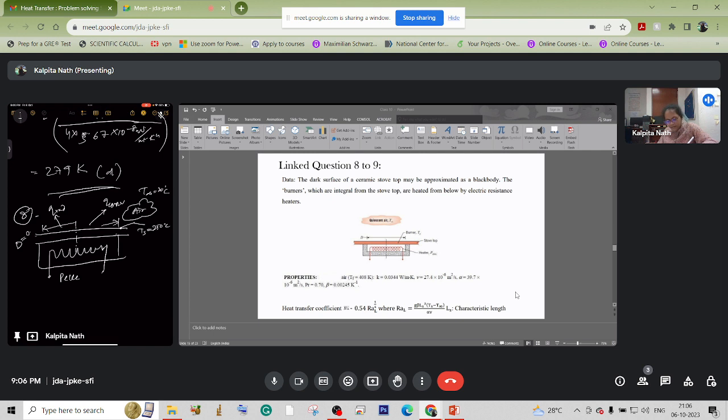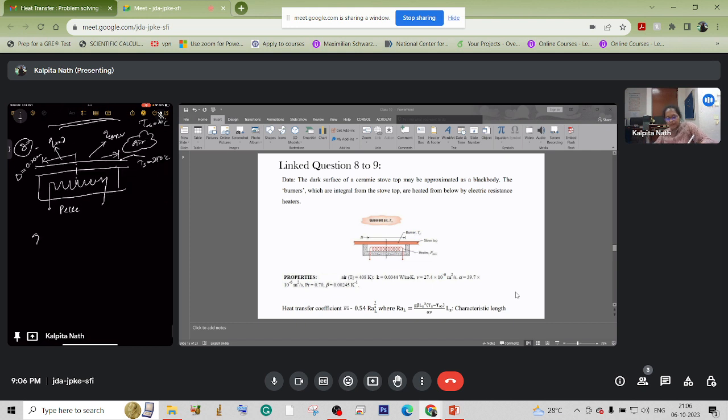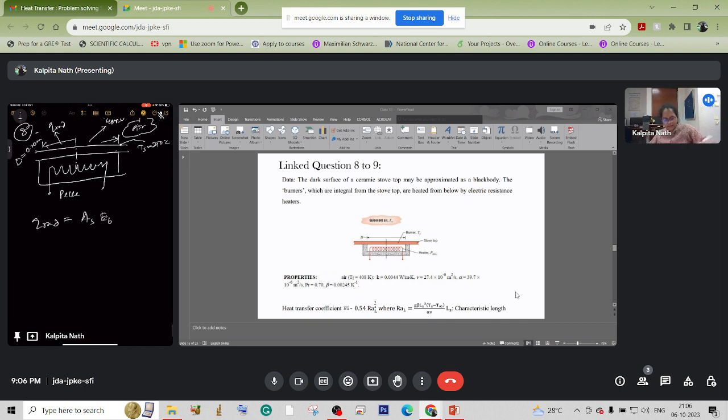This diameter is 0.20 meter, that's 20 centimeter. Now first for the radiation loss, this will be area of surface into emissivity power, as it is considered a black body. So this is pi d square by 4